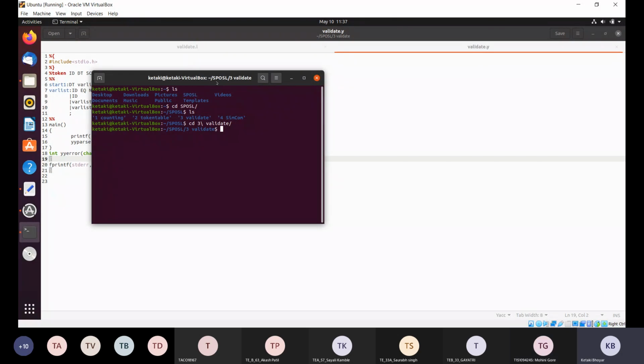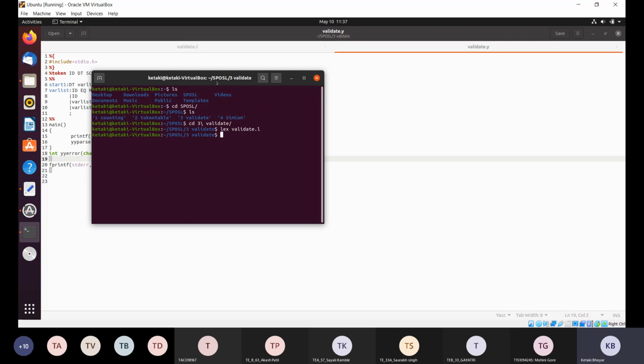Yes, okay. So now in this particular folder, we have one lex file, that is .l, and we have one yacc file, that is .y file. So first of all, we will run lex with the file name .l. Lex validate.l is our first code that we will run.